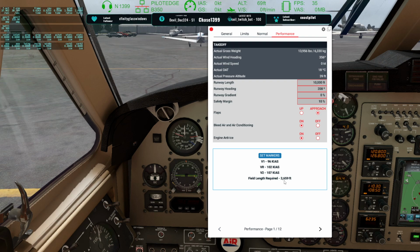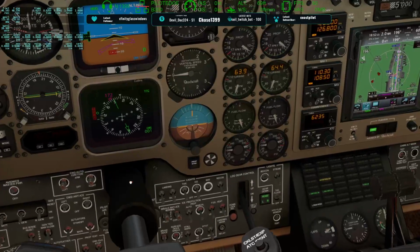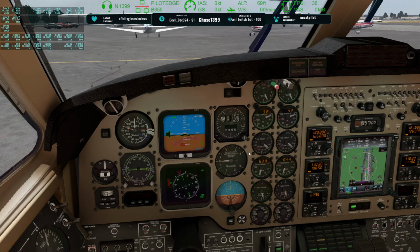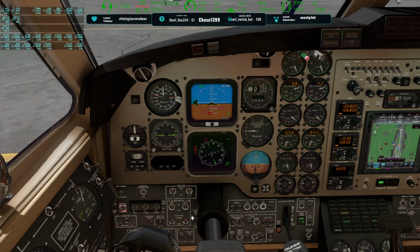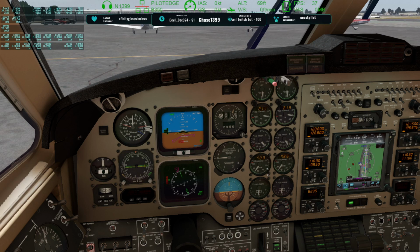We've got 5,700. November 872 Golf, contact SoCal approach 126.7. Rotate at 102, so we're fine. To taxi and recollite. Good morning, station 872. I'll try this one more time. Wondering if the auto ignition might have